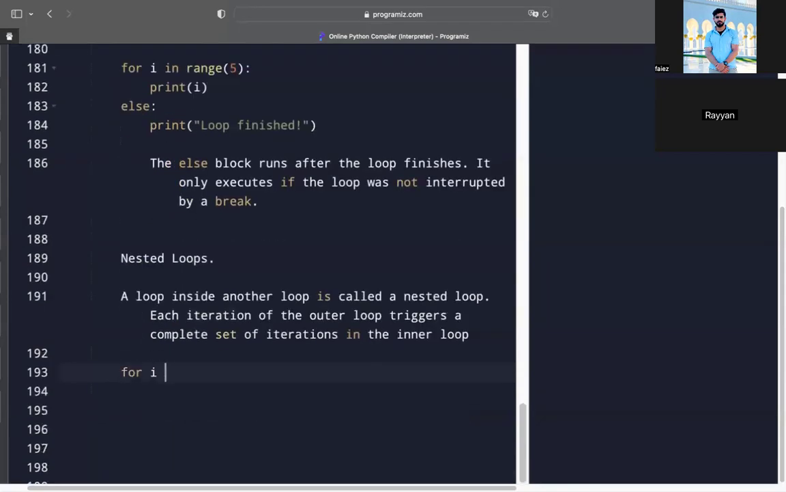For example, for i in range, for j in range, just print. Now we can use the f-string function. This is the outer loop here, and this one is the inner loop. To print the f-string, you always write f and put up this quotation mark, and then you can just write